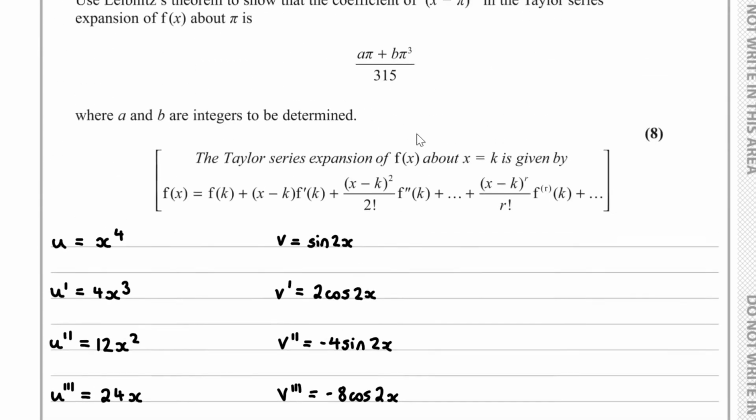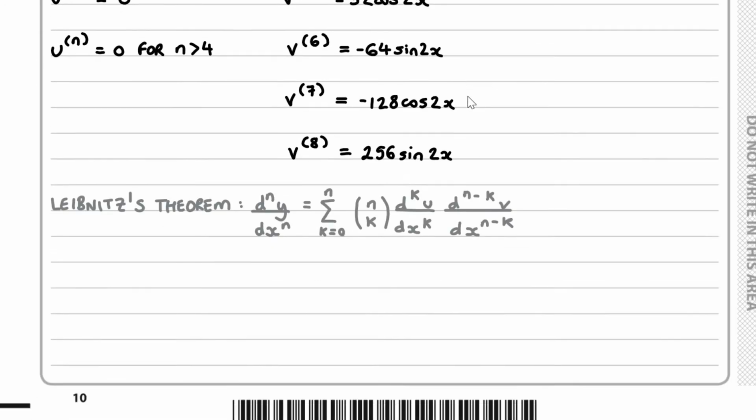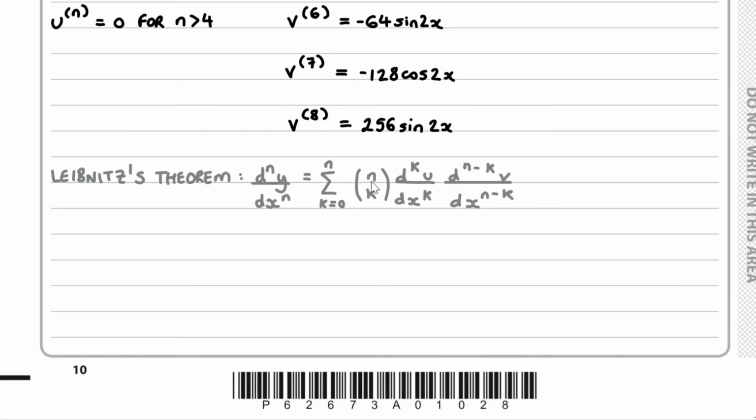Because we're working out the eighth derivative here, for us to apply the Taylor series about pi to obtain the coefficient of x minus pi to the power of 8, n will equal 8. So, therefore, the 8th derivative of f, well, we start off with